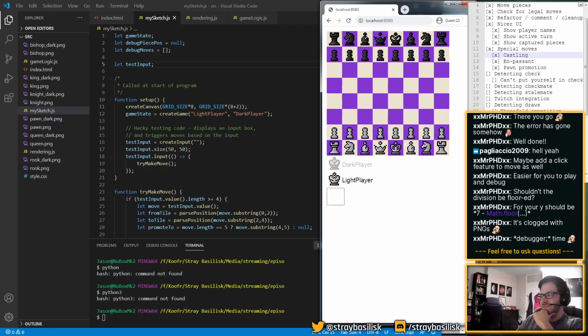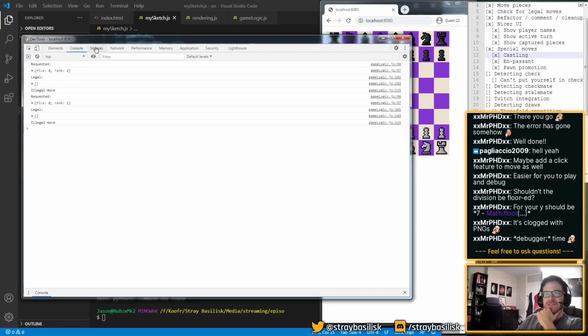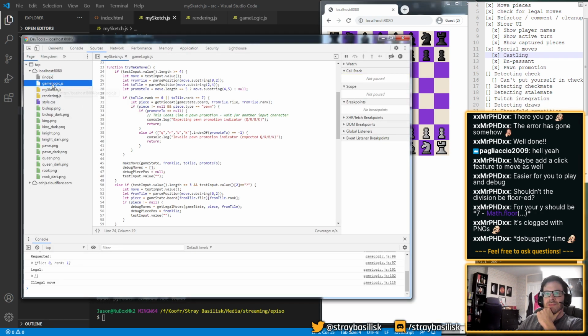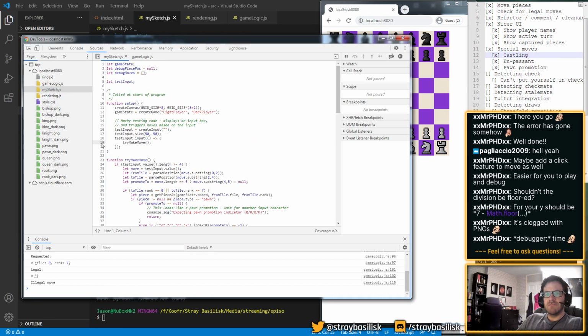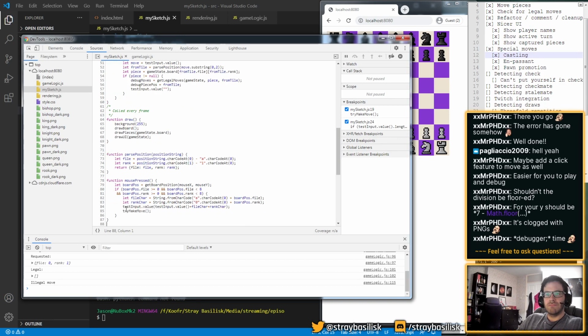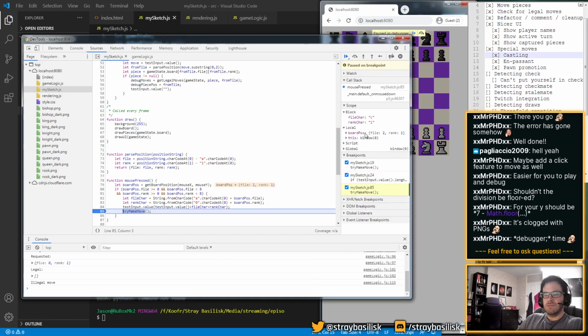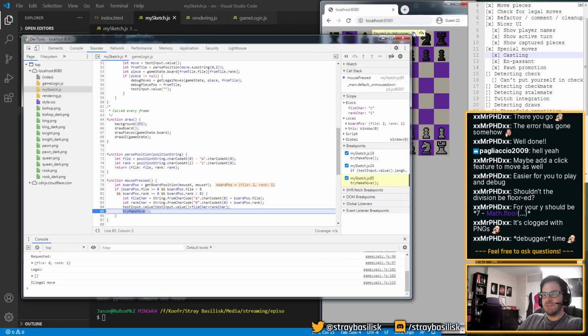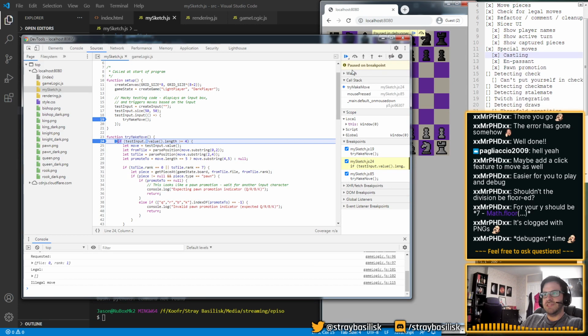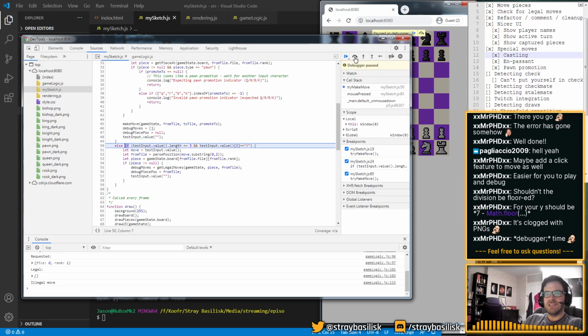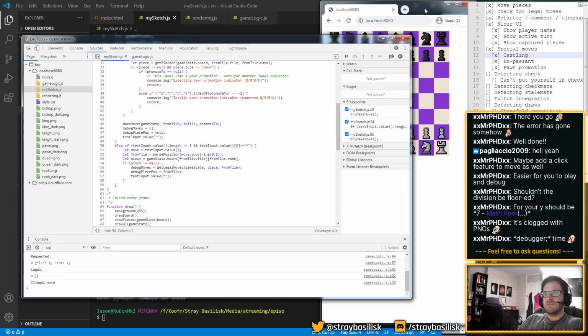Debugger time, yeah. So, sketch. Okay, so it's going to bail out because it's the wrong size. Yep, so that's fine, that's what it should do.